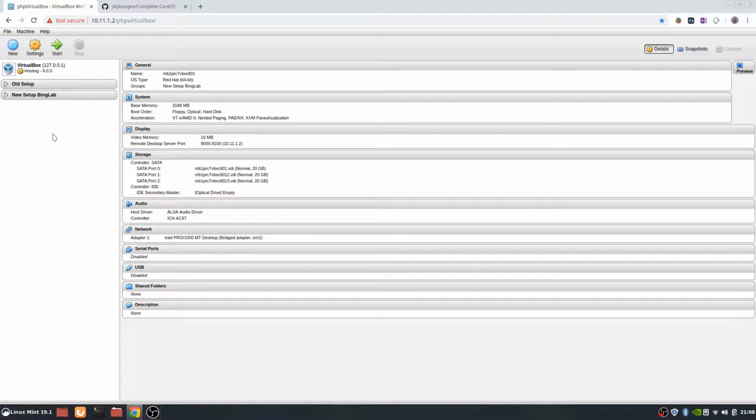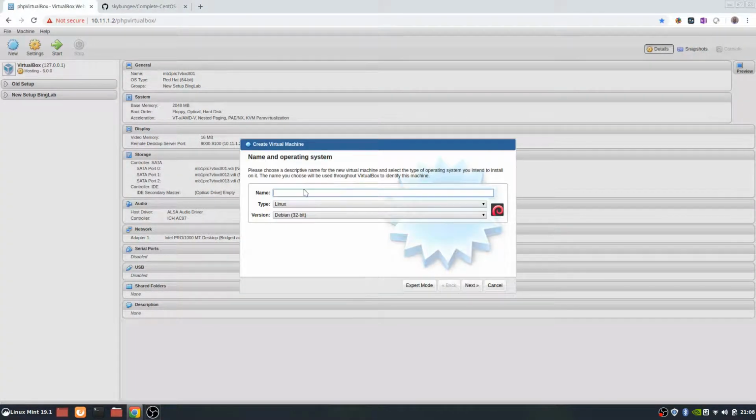Okay, first steps are to install a VM. We're going to do that with our VirtualBox that we have set up. So we'll do new, come up with a name for it. We're going to select Red Hat 64,